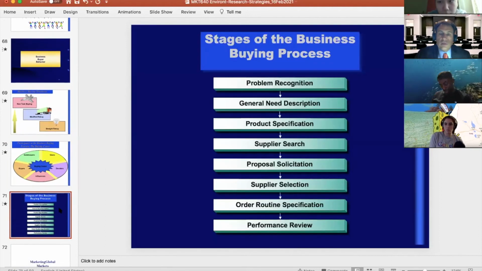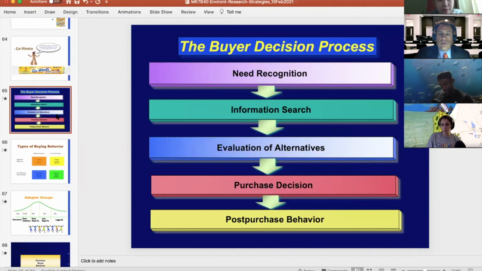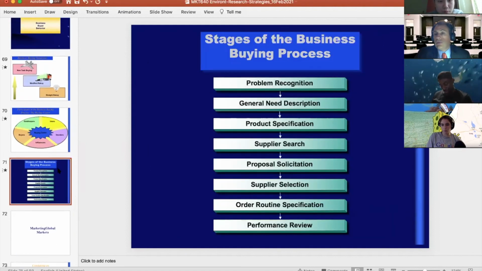So this is the different stages of the information processing for a B2B, which is almost the same as this one. What's the difference? This is B2C, there are 5 stages, and what's the difference with here? In B2B there are a little bit more stages. The reason there are more stages is because it's more formalized. So it starts the same way and it ends the same way.